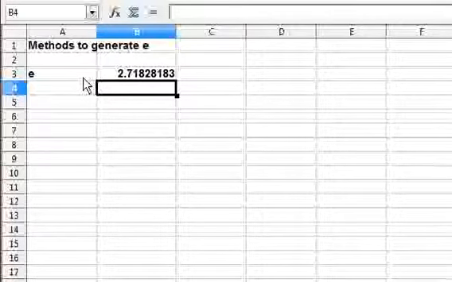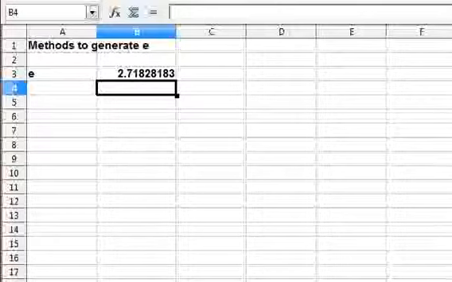E is not even a rational number. So the decimal values of E keep on repeating without any pattern indefinitely. Here I have shown you 8 values. So let's get to the different methods.